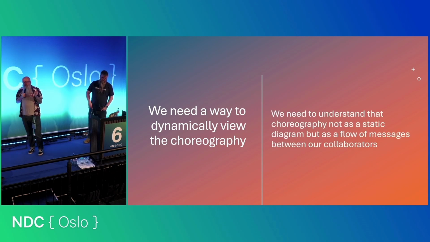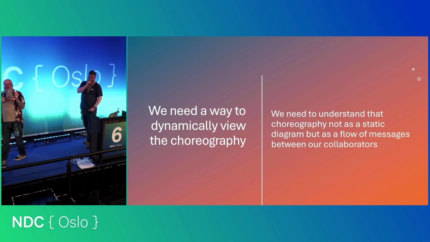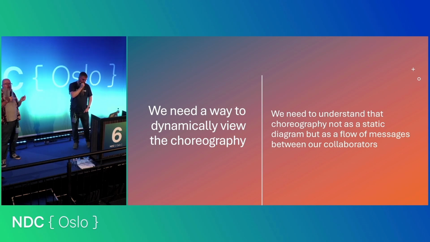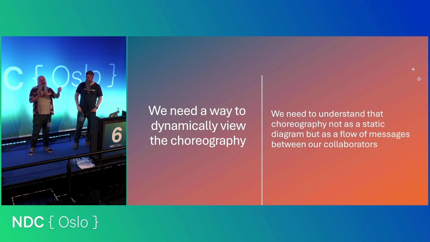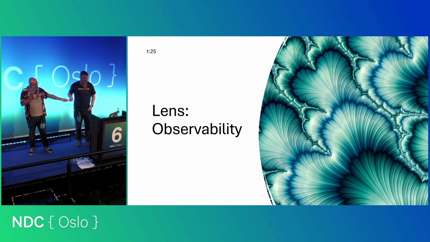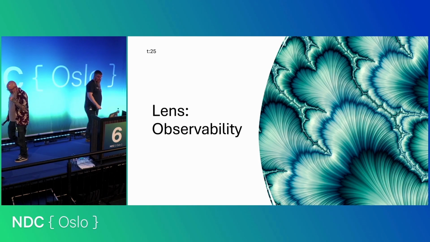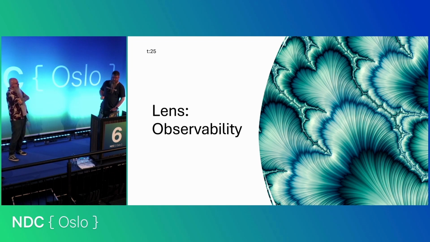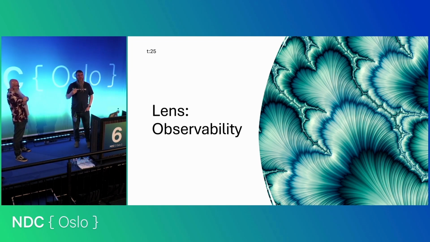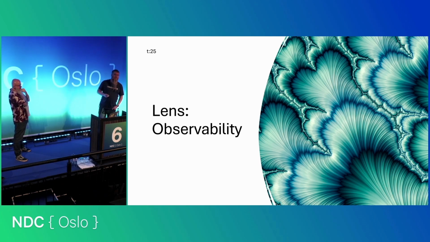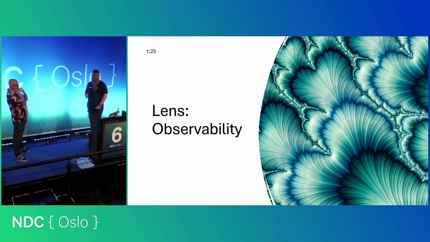Because the static diagram was great when we were sitting down asking teams to write code, but right now what we need is to see a different viewpoint. We need to see how it's working at runtime. And that's where I come in. So thinking about observability, I can talk to you a lot about what observability is and is not, and we'll talk about what modern observability is, which is kind of the best distinction, really.